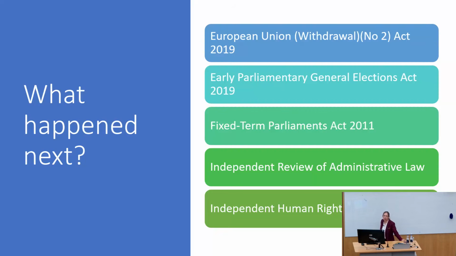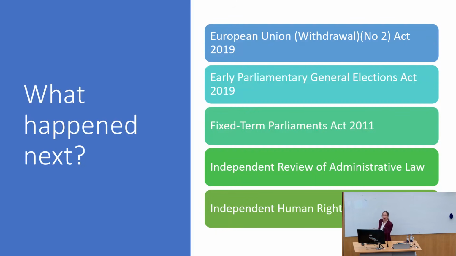This was a piece of legislation where you only needed a simple majority, not 2/3 of all the members of the House of Commons. It was passed. It set a date for a general election. So this is how our constitution works. Here's a piece of legislation, the Fixed Term Parliament Act, that says you need 2/3 to have an early parliamentary general election. Oh, that's all right.